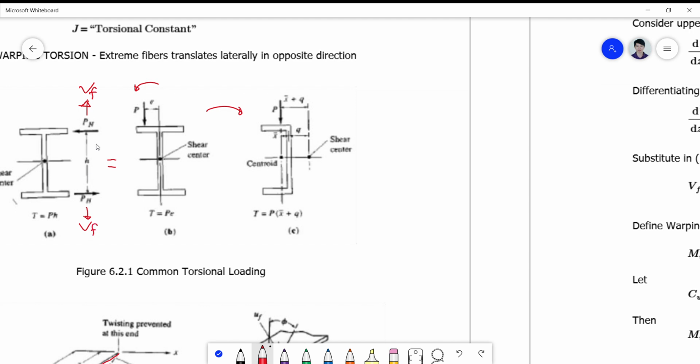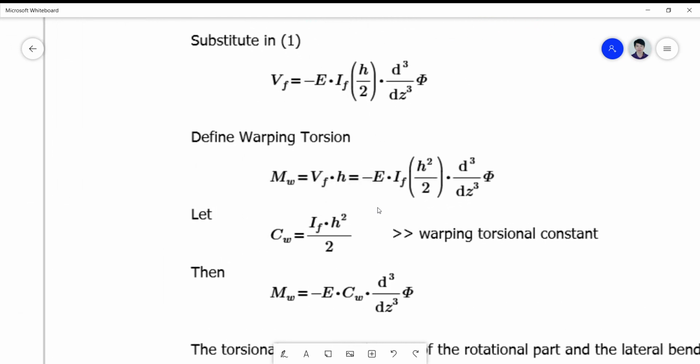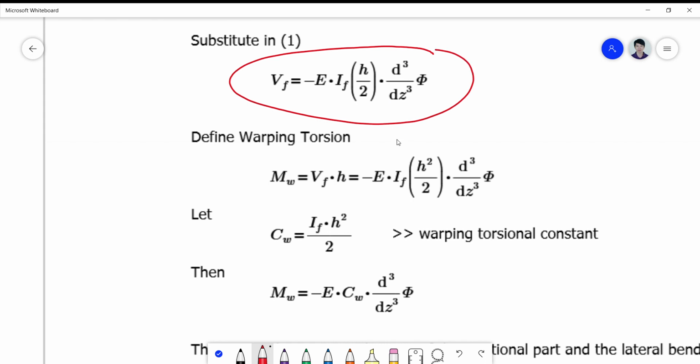This couple now will represent the warping torsional moment that will cause these flanges to displace sideways, therefore exhibiting a behavior known as the lateral torsional buckling, and that warping moment can now be expressed as equivalent to BF times H,